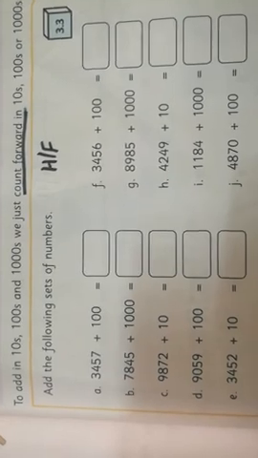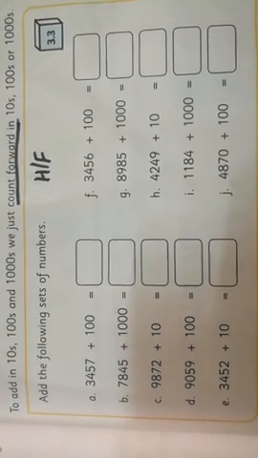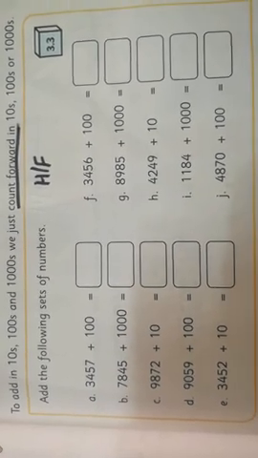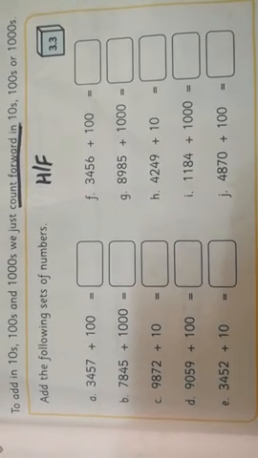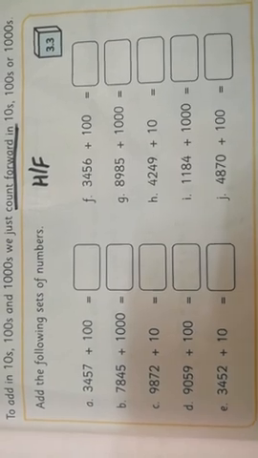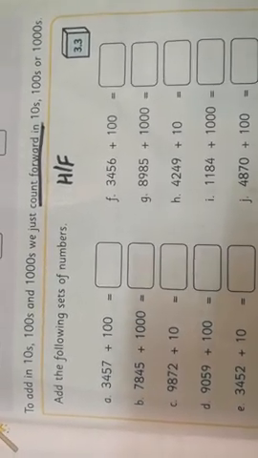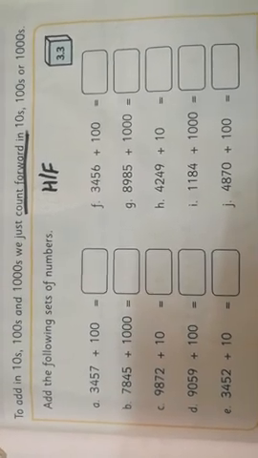Now we are coming to the end of the session. In today's session, we discussed skip counting without the grouping method, normal addition and quick tips for adding tens, hundreds, thousands, children. Bye bye. We will meet in the next session, children.